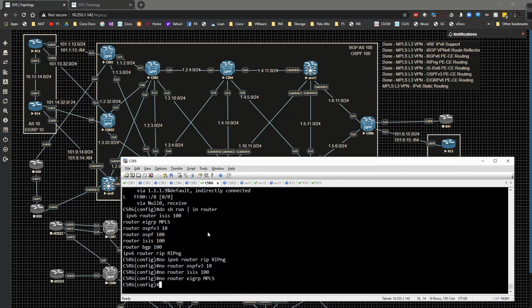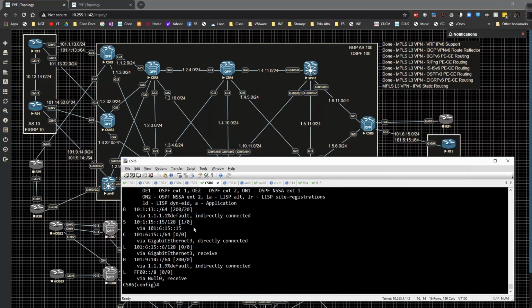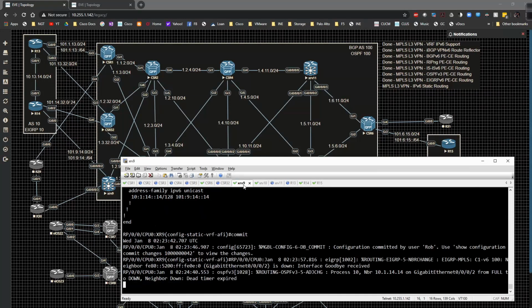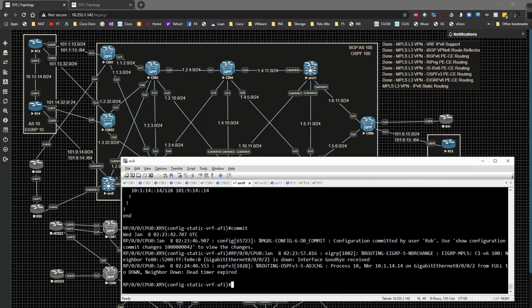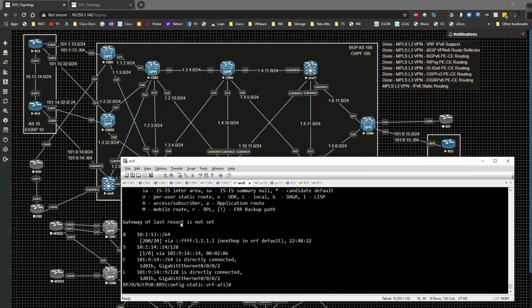We definitely want to be cognizant of that. So do show IPv6 route VRFC1. And so right now all we have is this route right here, which is what we want. So we're good to go there. So all of that said, and so the adjacencies are down. If we commit this, do show route VRFC1 IPv6, we should have a static route pointing towards the loopback of